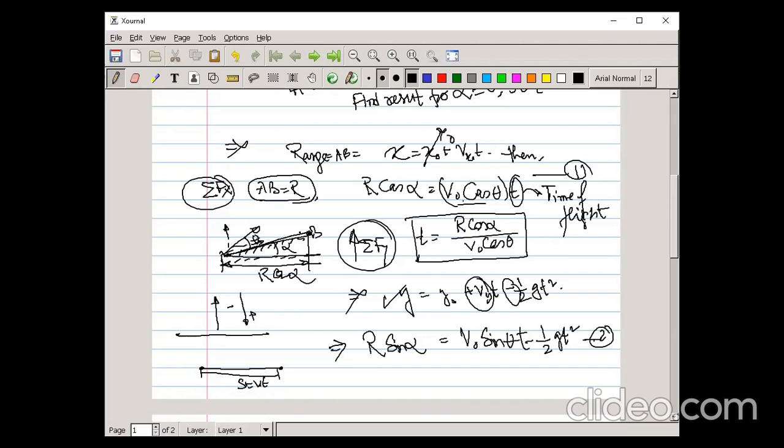It is already at some angle. So to write the displacement, we have to write R cos alpha, this portion we are talking about along the x direction. So R cos alpha is equal to velocity, which in this direction is V0. Along the x axis it is V0 cos theta. That's why I have written V0 cos theta, and with respect to time, V0 cos theta into time. So R cos alpha is V0 cos theta into time.